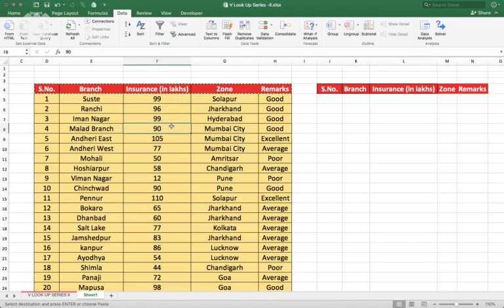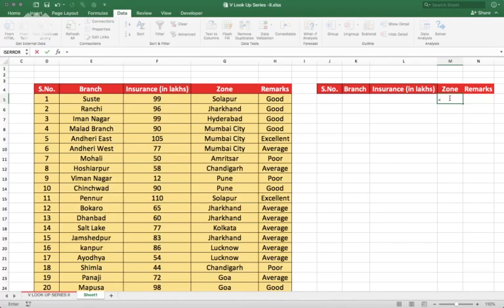Now, having done this, my requirement is I want the names of the branches which have achieved good remarks and belong to Jharkhand region. So what I am going to do is simply write here under my zone section equals to, and then start with a double quote.